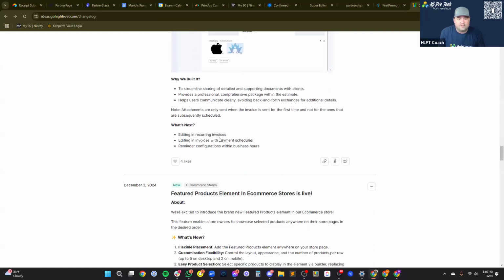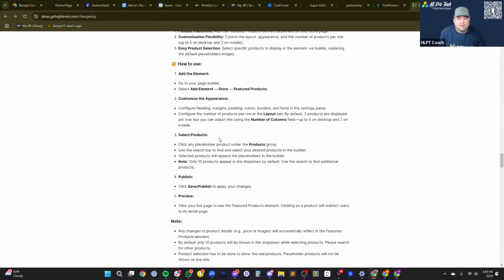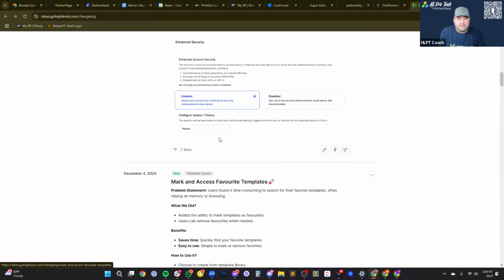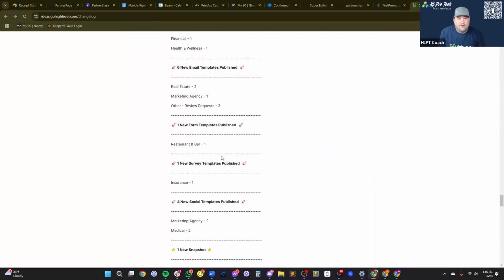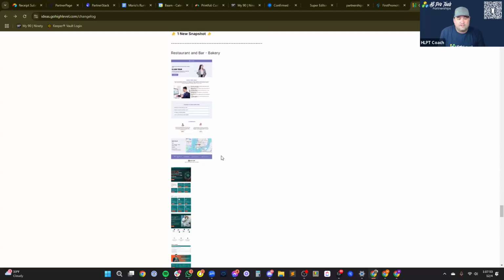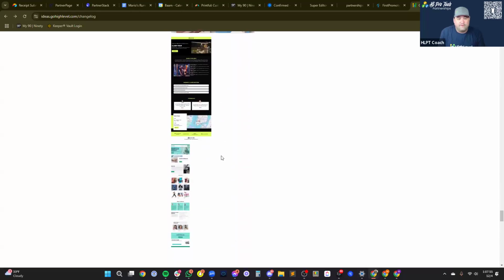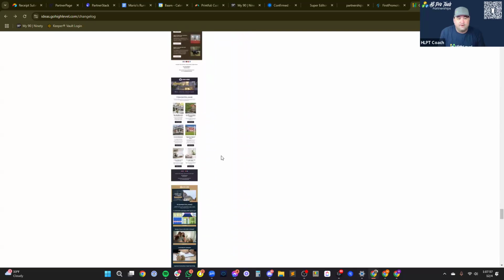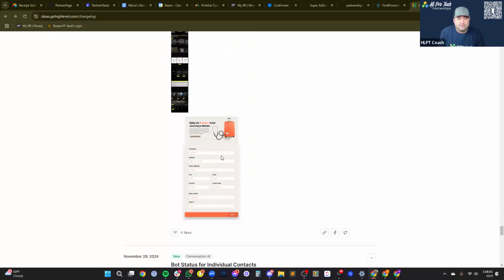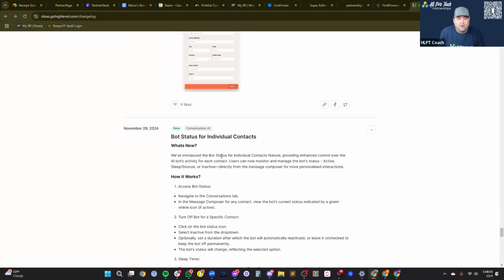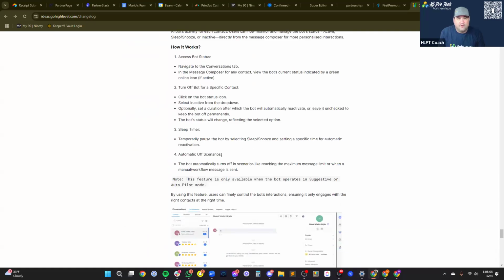So I think what we can really expect to see is a lot of things like this in the change log, where it is very focused on enhancing existing features, but not bringing new features into the platform. One of the things that we discovered today is that X, formerly known as Twitter,